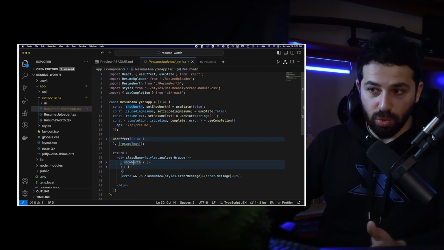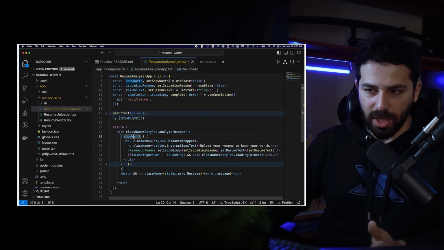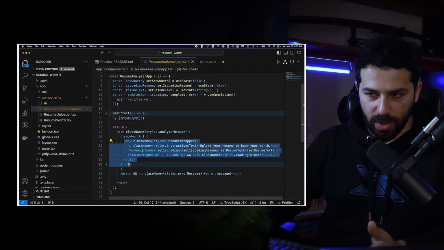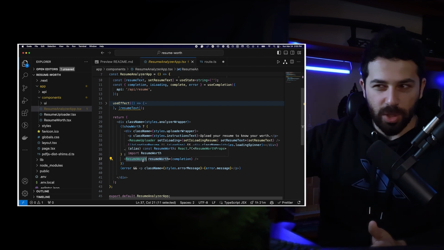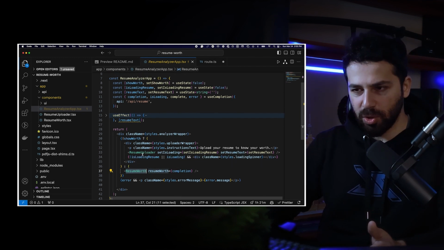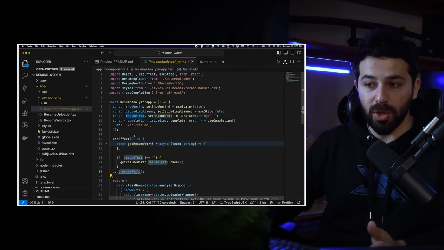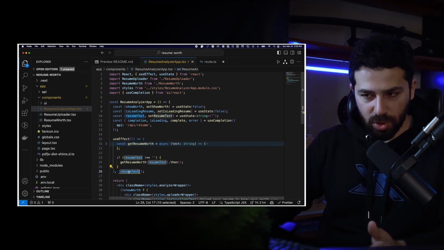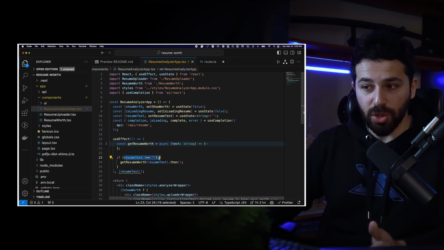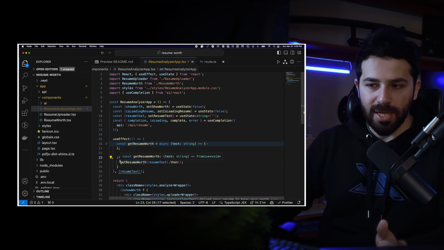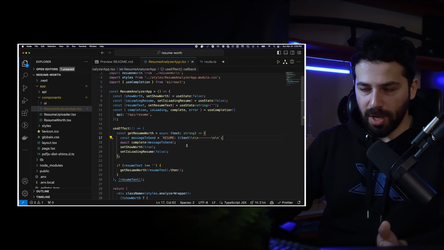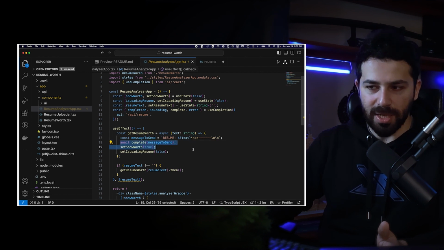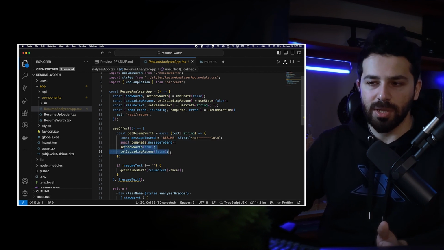So this is the root component, and what you see it's doing is, if show worth is false, it's going to show the resume uploader button, otherwise it's going to show the resume worth component, which is that grid with the dollar value that you saw before. But the API call is happening in this use effect. As soon as the resume text changes, as soon as it's not undefined or empty anymore, then we're calling this function, and this function is this API call. So I'm giving the resume here, and I'm making this complete API call,